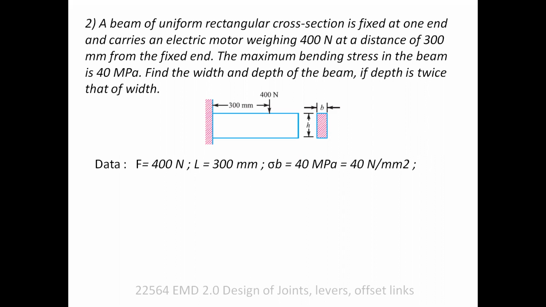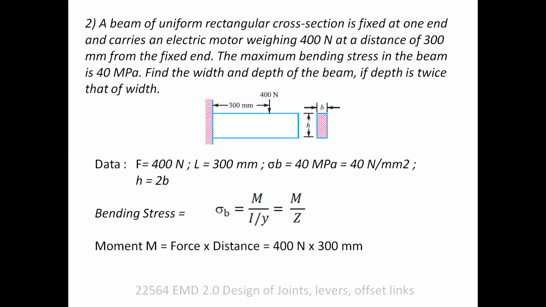So this bending stress given is the maximum, means allowable or permissible bending stress. Important thing is the relationship between depth and width of that cross section is given. You can see the cross section in our given figure. So H is the depth and B is the width of that particular cross section. We know bending stress sigma B is equal to M by Z. M is the moment, Z is the section modulus.